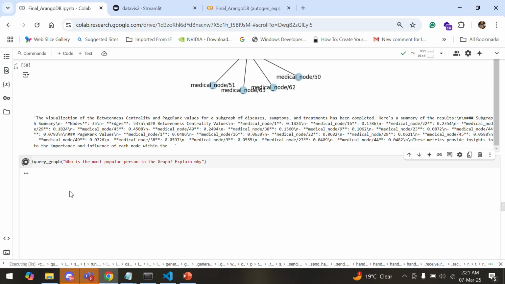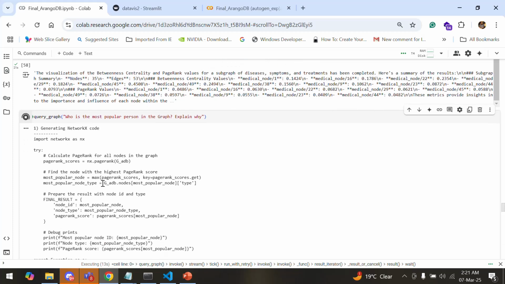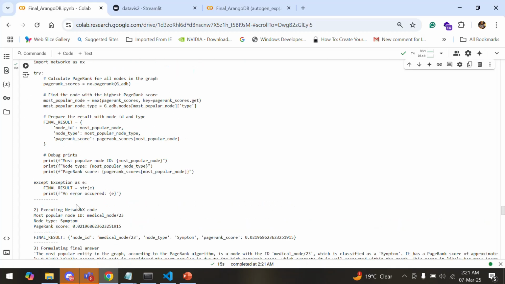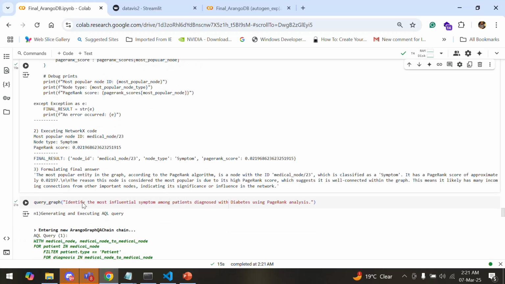If you run through this, you'll see the graph again goes through all the details. It uses LangChain as well as the entire AI agent logic to generate the NetworkX code. It's generating the NetworkX code on its own. Then we find the details of it. Finally, it gets the information, and as you can see, the most popular entity in the graph according to